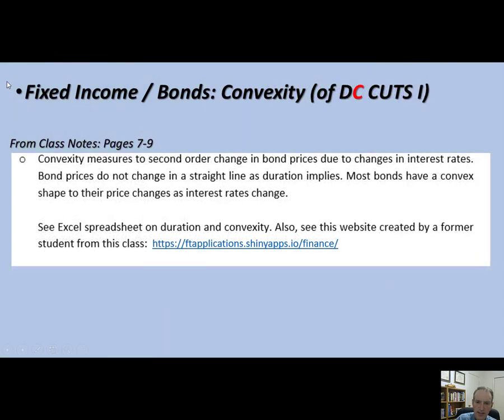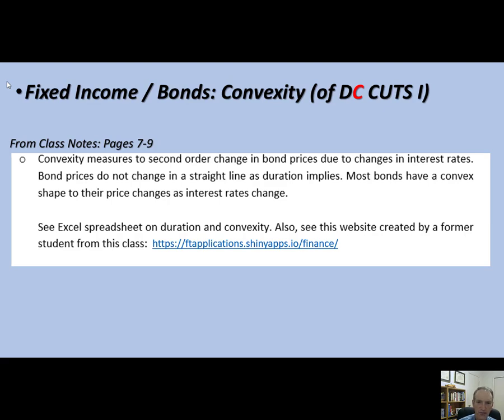All right, so let's get into convexity. Boy. All right, so convexity, the C of DC in DCF. I love this topic. It is a tough topic. So what I'm asking you to do here is do your best to understand this at a high level. I don't think it's that complicated at a high level. It is very complicated when you really get into it. So let's start again with the definition, the different categories, and then the strategy, those same 3 things.